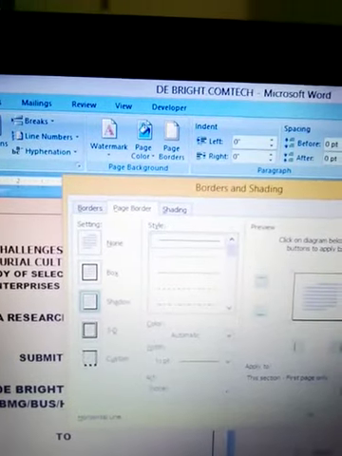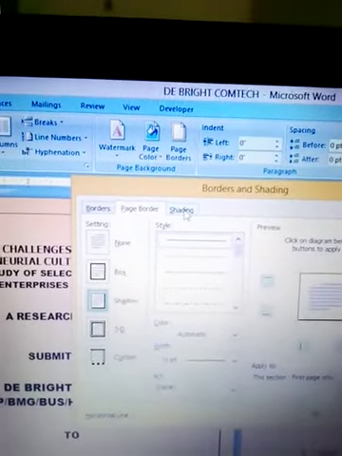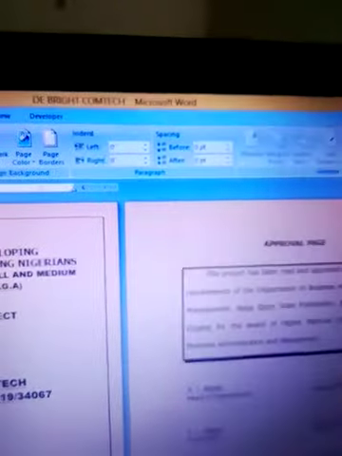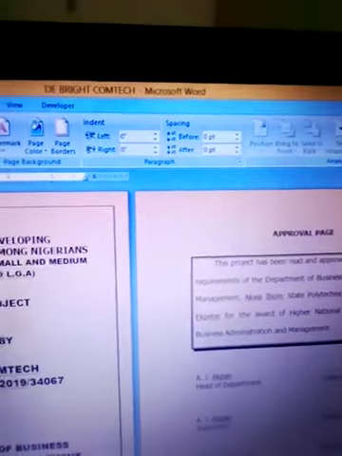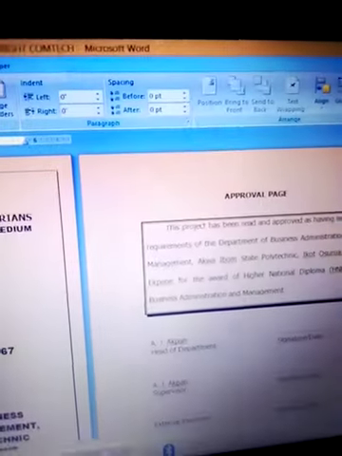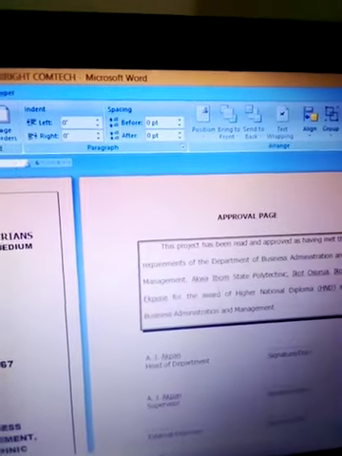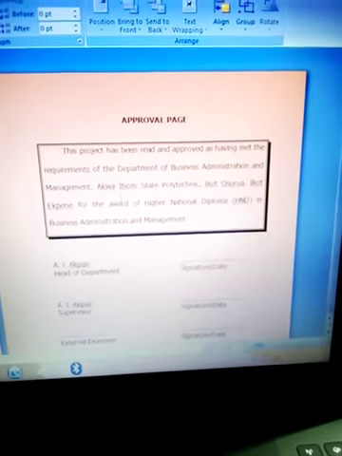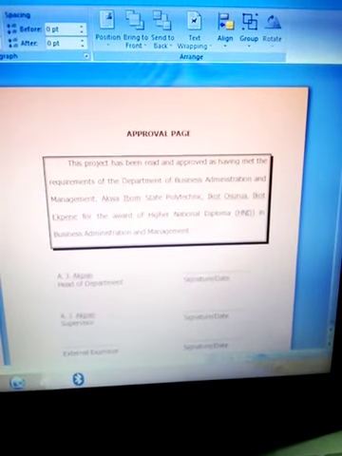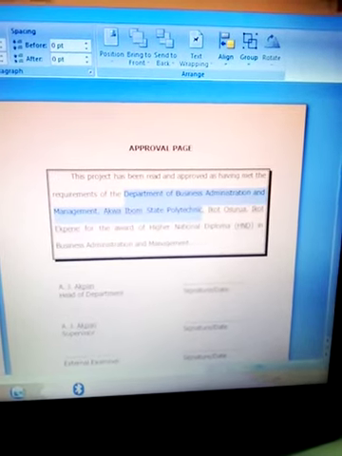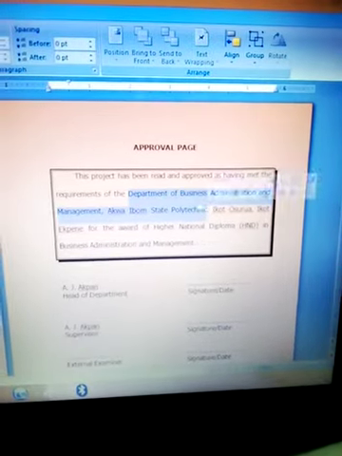Now, I want to show you how you can use shading effects in your documents. Let's close this first and then highlight a certain portion in your document. Take note how effective it is. Maybe you are typing somebody's project and at a certain point you don't understand the person's handwriting, and you need to draw the person's attention to it once the person is beside you. What will help you to locate the place easily? Highlight the region where you don't understand the person's handwriting